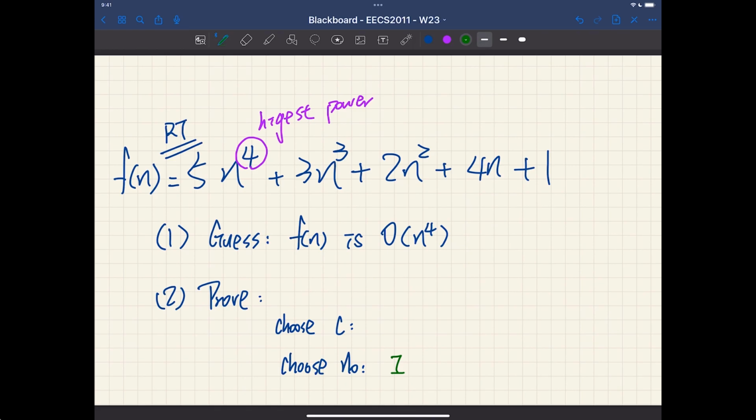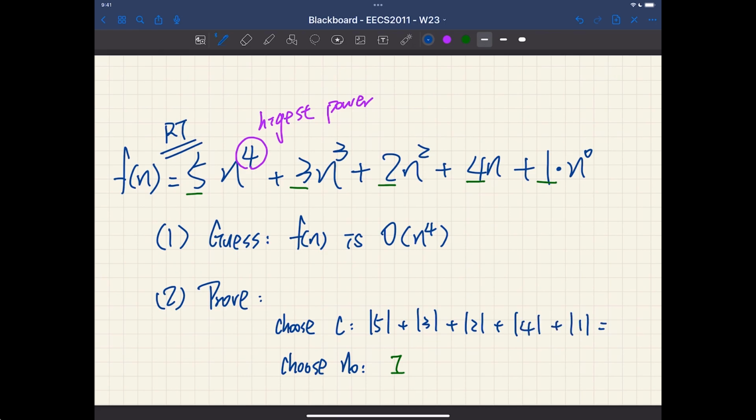What about C here? It's going to be the absolute value of all the multiplicative constants. And if you think about this term over here, it's really like a 1 times n to the power of 0, right? So you can also see that very clearly, so you wouldn't forget about that one. So it's going to be the absolute value of 5 plus absolute value of 3 plus absolute value of 2 plus absolute value of 4 plus